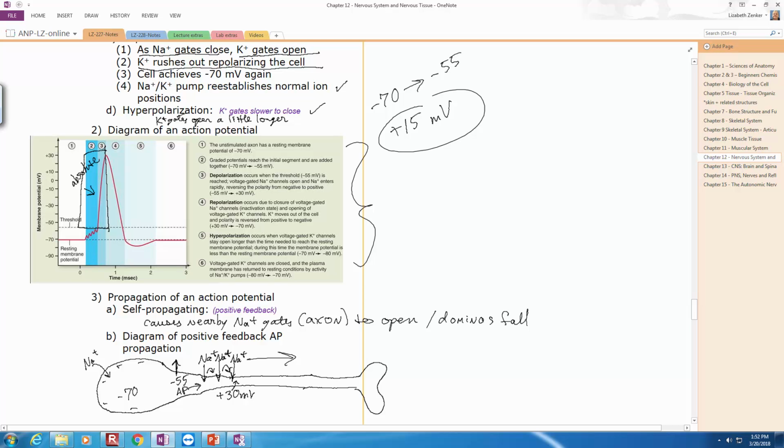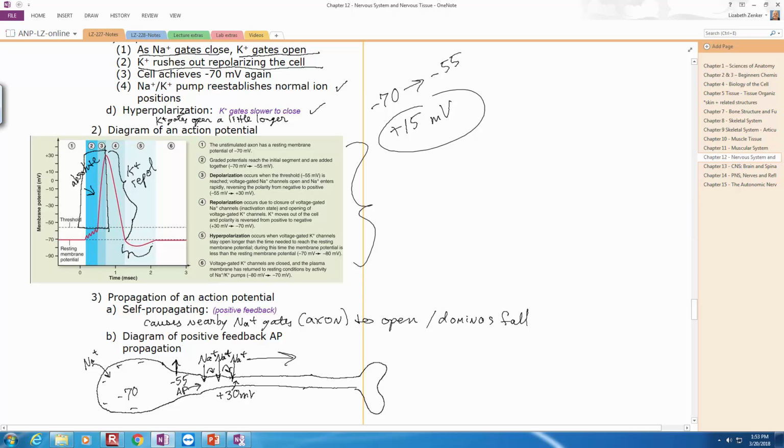And when did we say, and that's when what's occurring also? That's when sodium is entering, right? Now, what is occurring when we said repolarization occurs? We said that's when those gates close and the potassium gates open. So the potassium gate side, so all of this is the repolarization part, right? All the way to the negative 70 actually, because